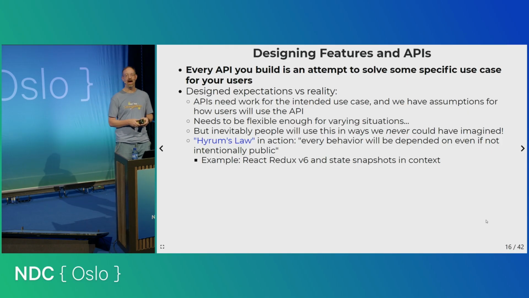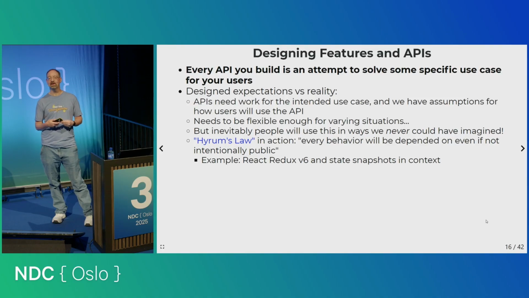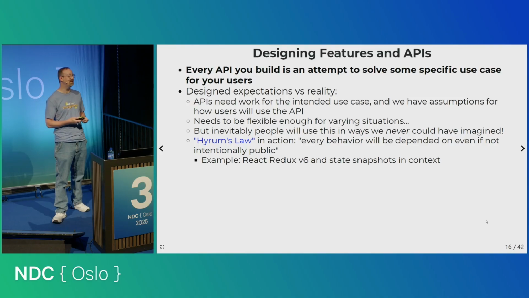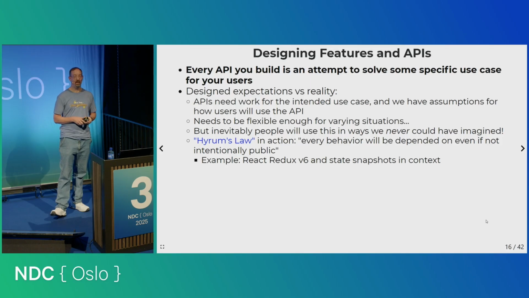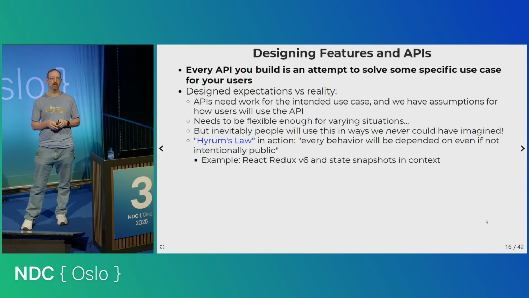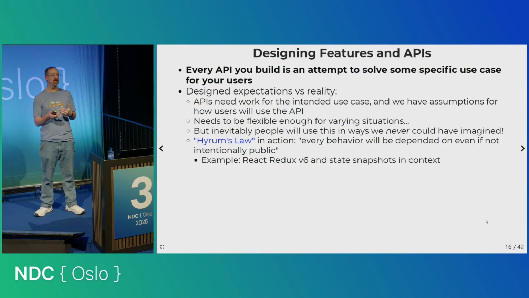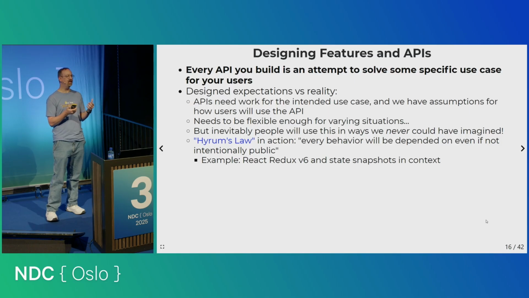There is a quote called Hyrum's Law, named after an engineer from Google, which loosely says that every behavior, whether or not you documented it, will be depended on by somebody. As an example of this, the React Redux library, up through version 5, all the React components had direct subscriptions to the store, and so they could always see the latest state. And if you were doing a server-side rendering pattern and then trying to lazy load a component and add it to the tree later,